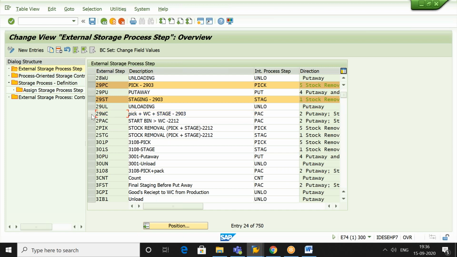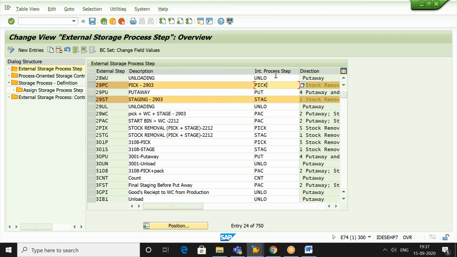This is for another one. We require only two. So one is for picking from the bin, and one is to move stock from the bin to the staging area. While picking a stock from the bin, it will not pack based on this configuration. This screen and this configuration will help us to make it in a sequence. That's it. Here it will not do anything, but what activity it is going to do,